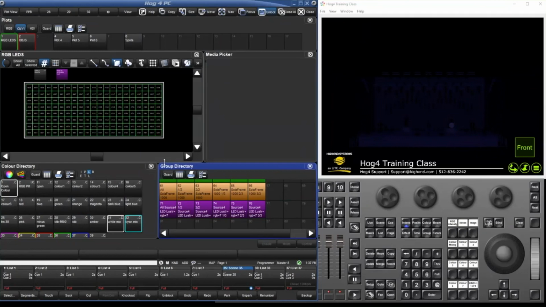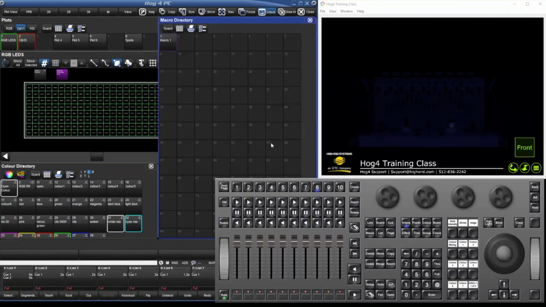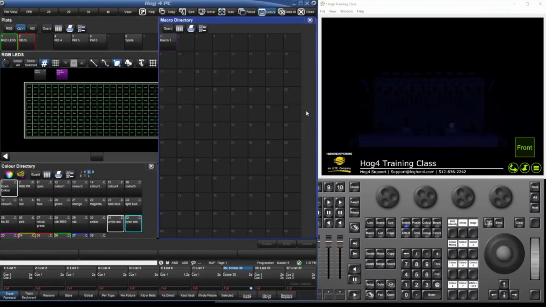Macro question, or keystroke macro question. Can you add rows to the command line macro, the keystroke macro? So if I needed to insert a keystroke into an existing keystroke macro like the one you created earlier, you can, when you go to hit